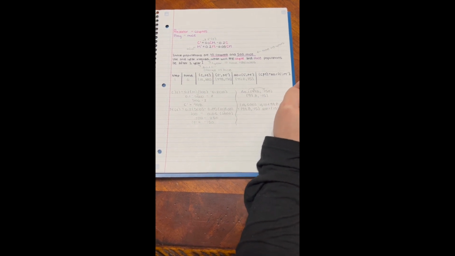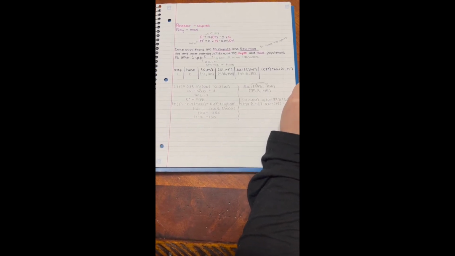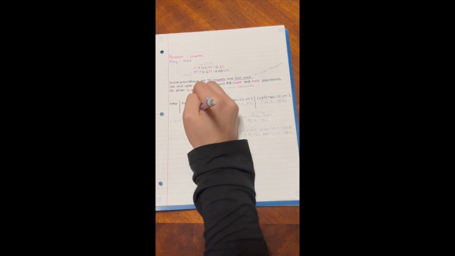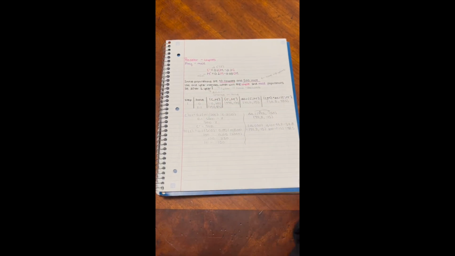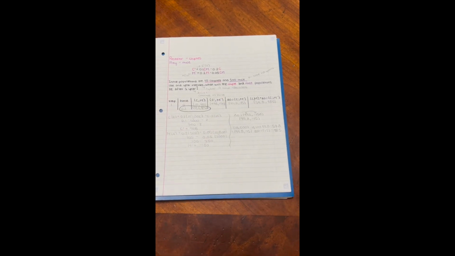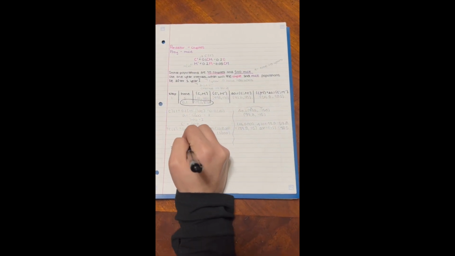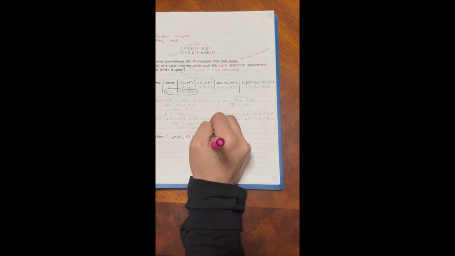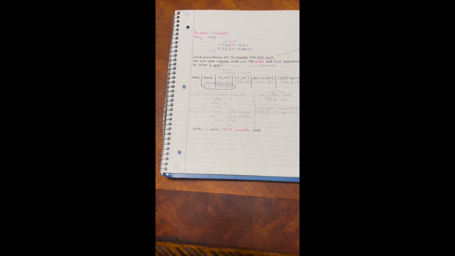So then we can see that this is the end value for our first step, and that will be the start to our next step. So at time 0.1, our population is 59.8, comma 485. So after 1 year, we have 59.8 coyotes and 485 mice, as solved by these differential equations to be able